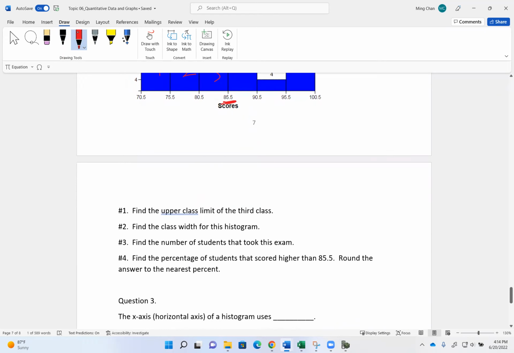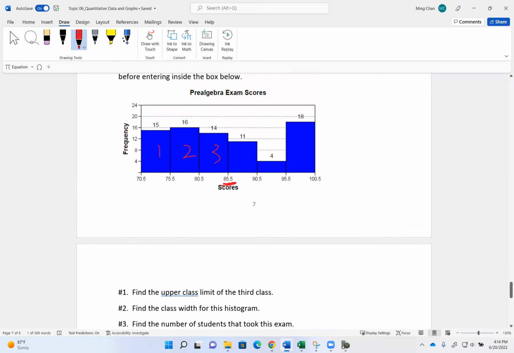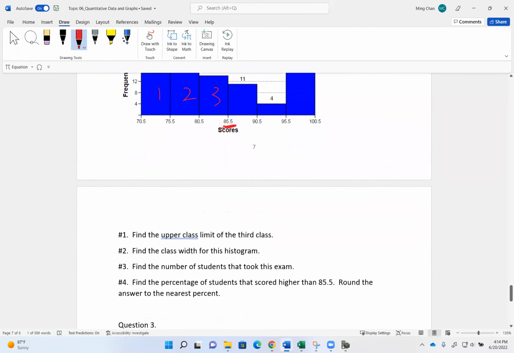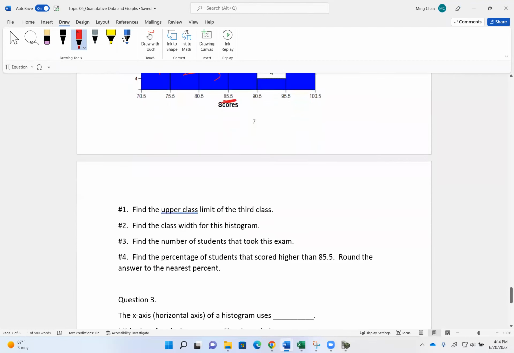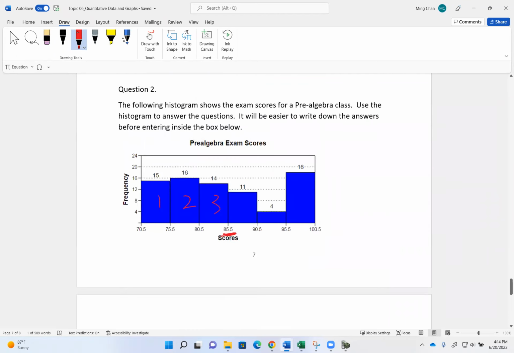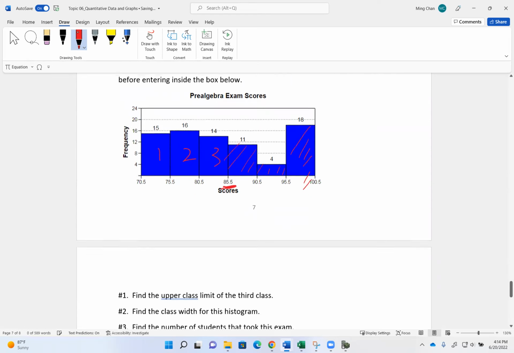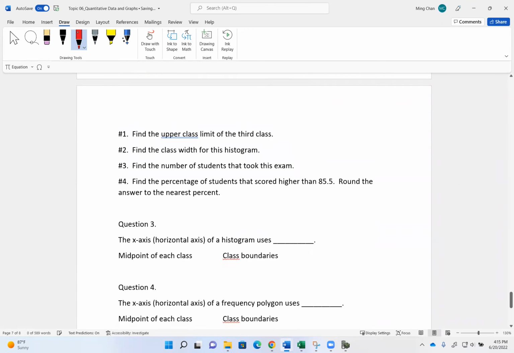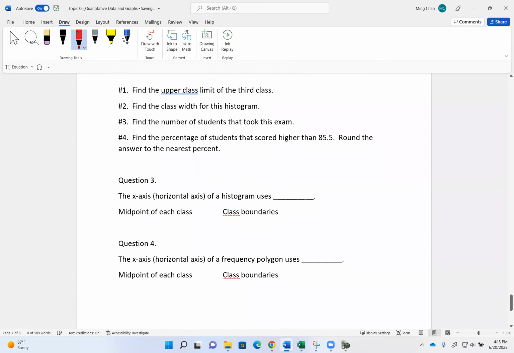Find the class width for me. Find the number of students that took this exam. That means add them all up. These numbers on the top mean the number of students who took the exam for each class. So add them all up, that will be the answer for number 4. And then find the percentage of students that scored higher than 85.5. 85.5 and higher is everything to the right of 85.5. And the last two